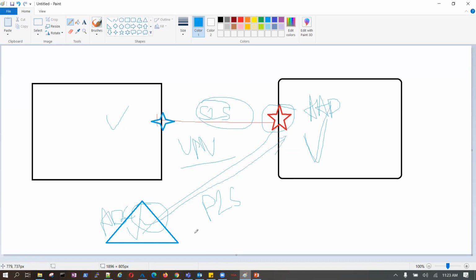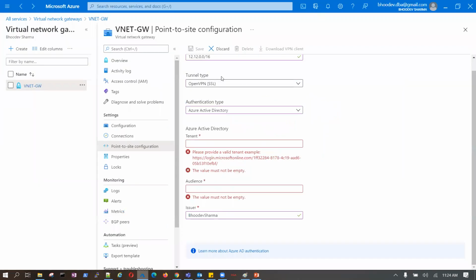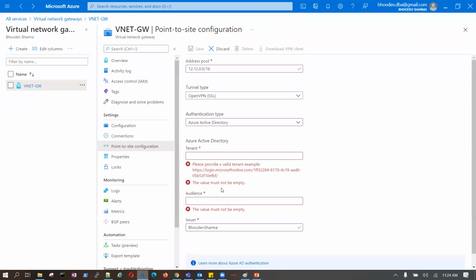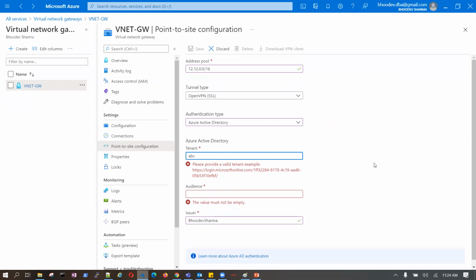That is a point to site. And point to site means if there are 100 users, all 100 connections will come in. This also, because we have one side that we can do from the cloud. So again, based on some information, ABC,